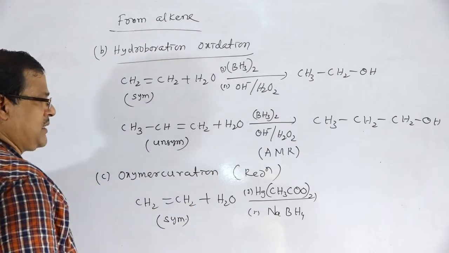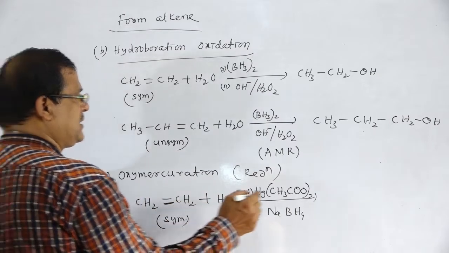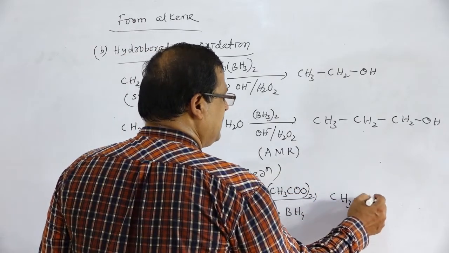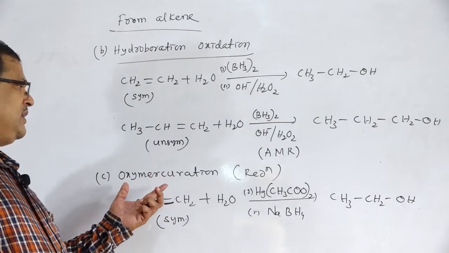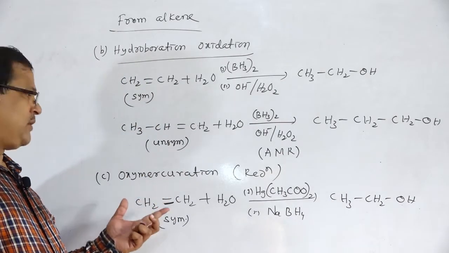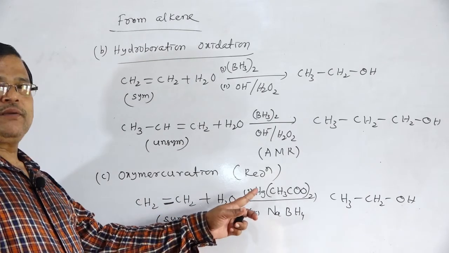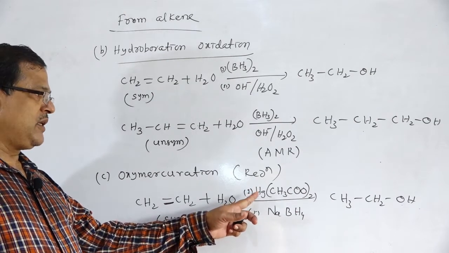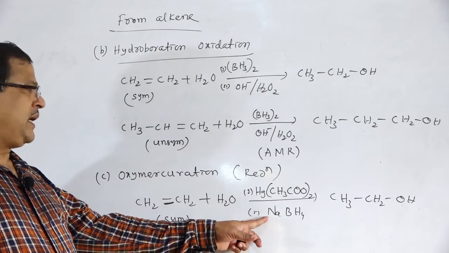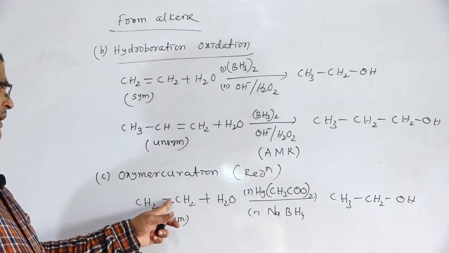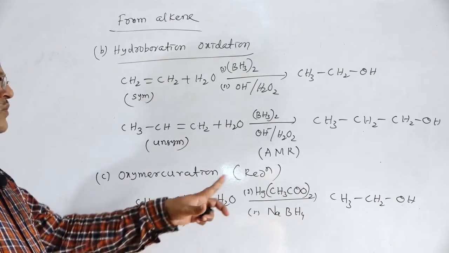alkene, that is the addition of water. So this bond will break by the addition of water, H to one side, OH to another side, so that there is the formation of CH3-CH2-OH. Oxymercuration, demercuration: CH2=CH2 is added with water in the presence of mercuric acetate, followed by reduction with sodium borohydride. The pi bond will break, with the addition of water, H to one side, OH to the other side.